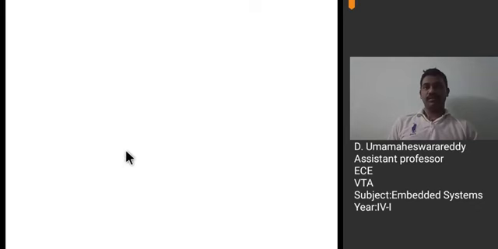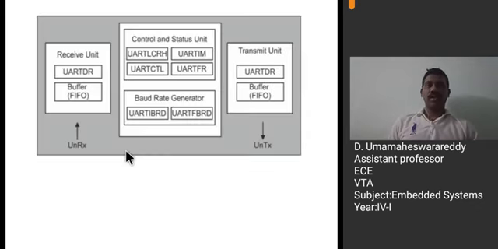And see here, coming to the block diagram of UART, it consists of three main blocks. One is the receiver unit, another one is the control and status unit, and another one is the transmit unit. And see the registers which are present in the UART. Here, UART CTL.